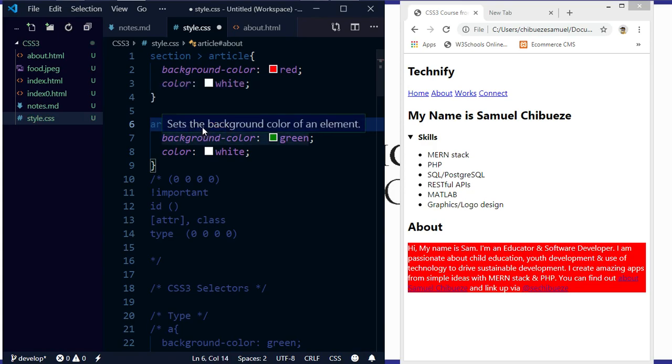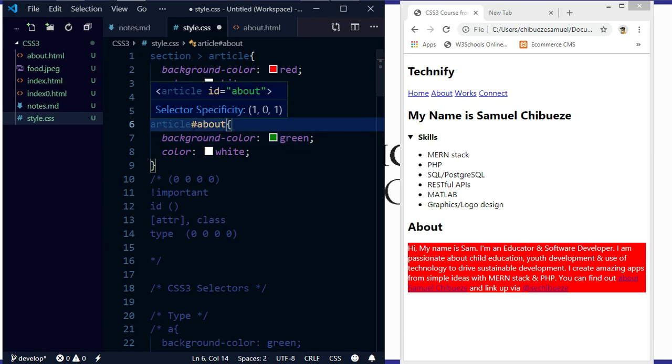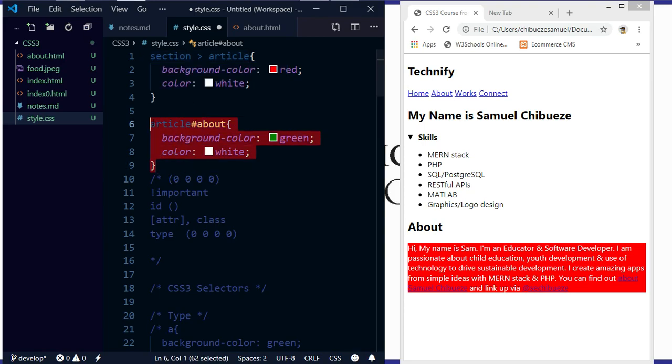So when I hover over it, you can see that it has slotted 1. So this is 101. So whatever rule 101 is bigger than here, the specificity is 2. So 101 is bigger than 2. So this is the rule that will be applied, because it's saying that this rule, this targeting, is more specific